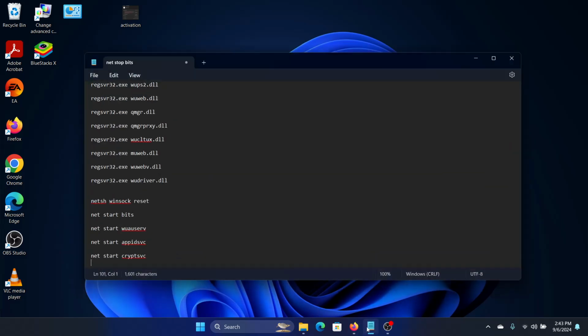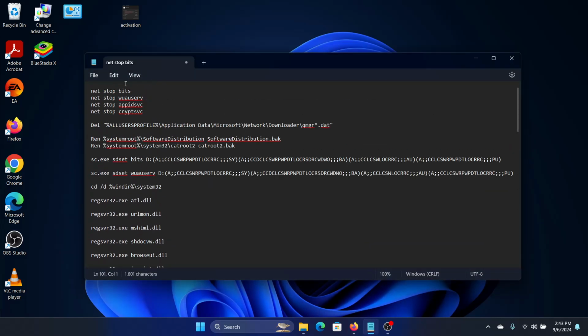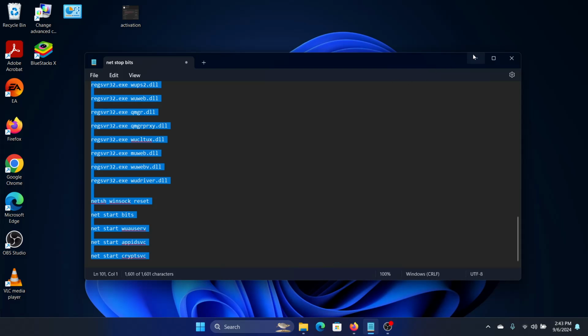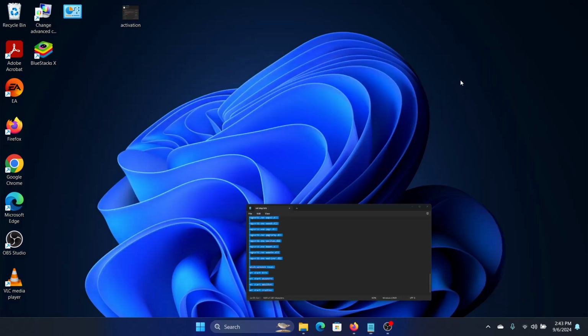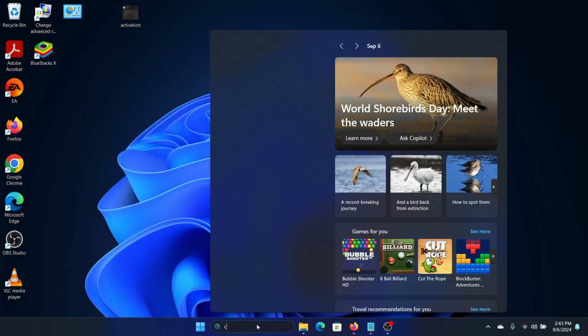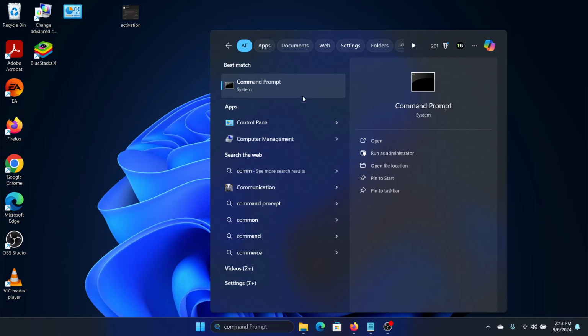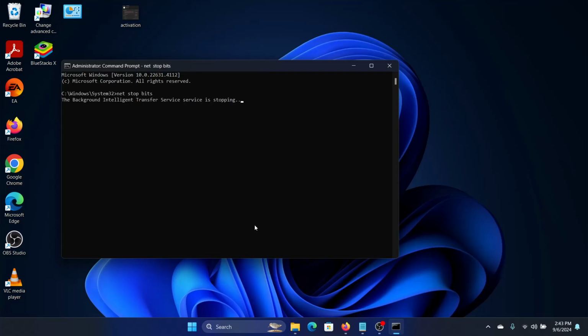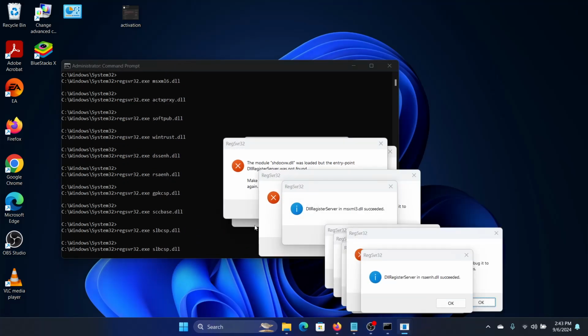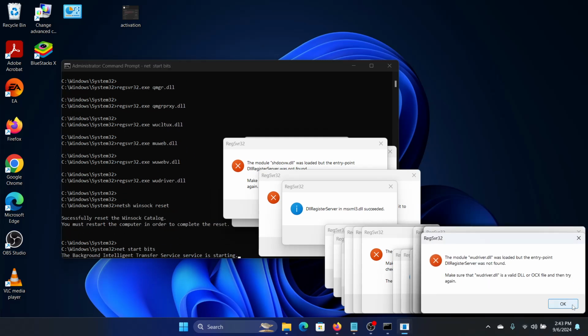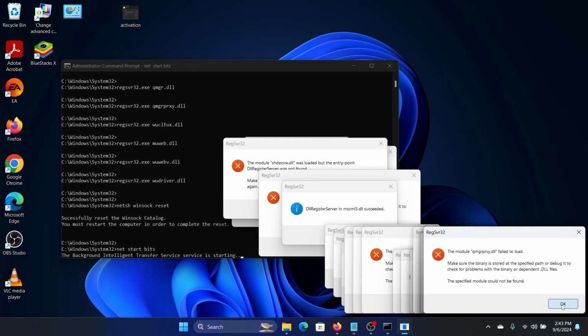For that, we need to copy the script. You will find the script in the description of the video. Just copy the first line and then press Ctrl A, which will copy all the commands, Ctrl C, and then we will open command prompt. Right click on command prompt to run as administrator in the elevated command prompt, and then paste all the commands here, and this will reset your